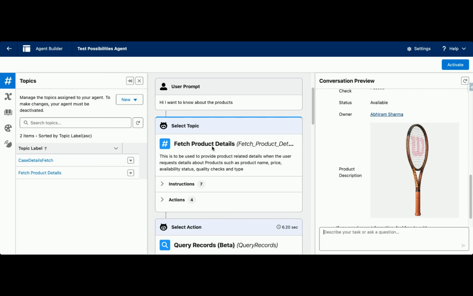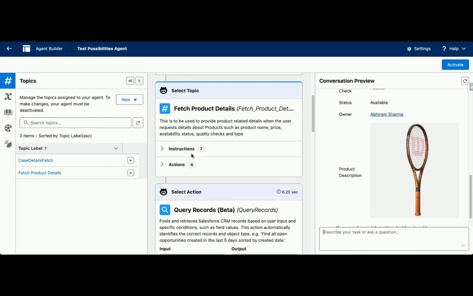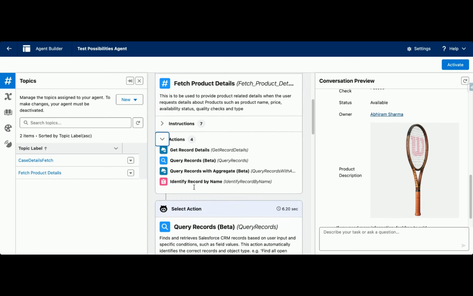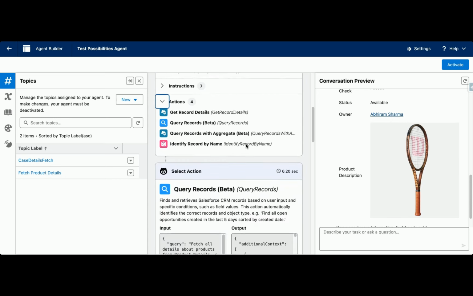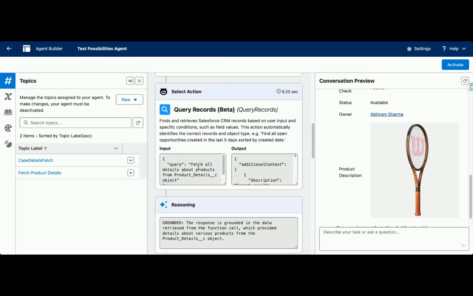So it's able to fetch or call this topic, which is fetch product details, and within it we already gave it 7 instructions, and based on that there are 4 actions. So let us see which actions are provided. All of them are standard, and it automatically picked up the query records action. And if you can see, fetch all details about product from product details object. So product details is the API name of the object, and here you can see all the records and details